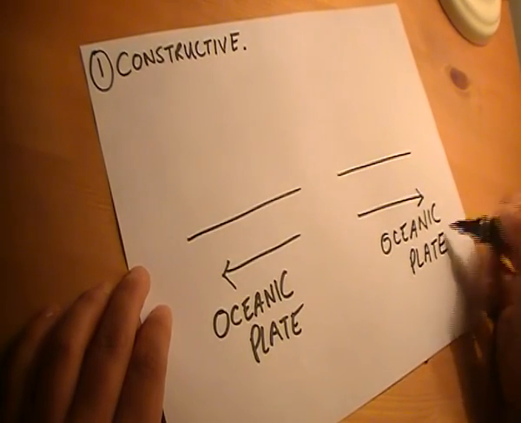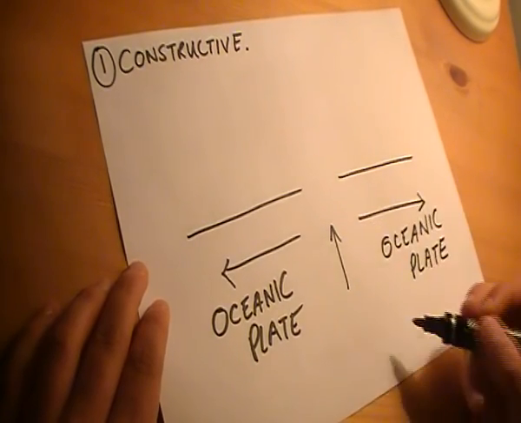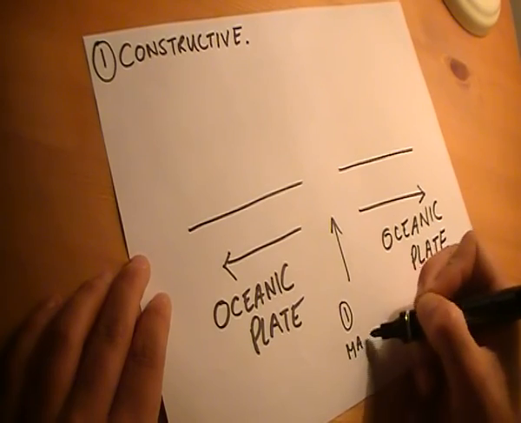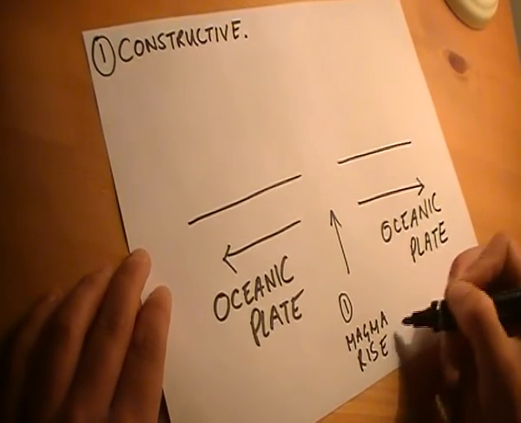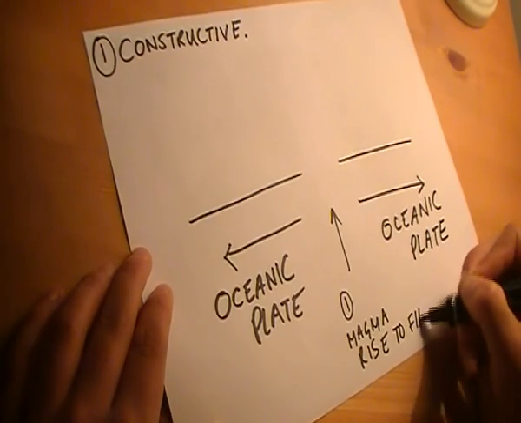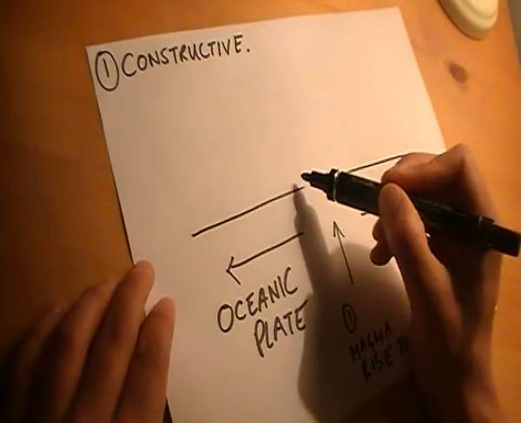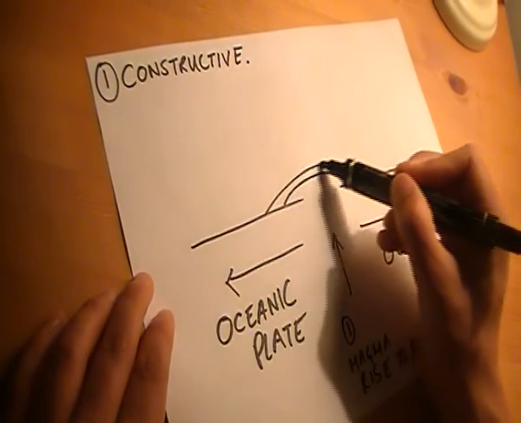Now remember, as the two plates move away from each other, magma rises up to fill the gap. So what I'm going to do there is put a 1 and write magma rises to fill the gap. Okay, and as that magma hits the surface it cools and it forms layers and layers